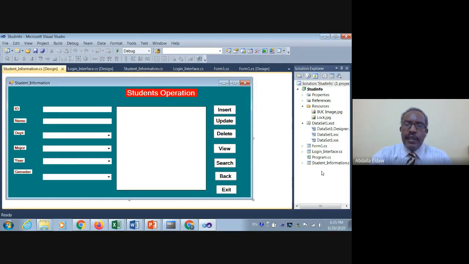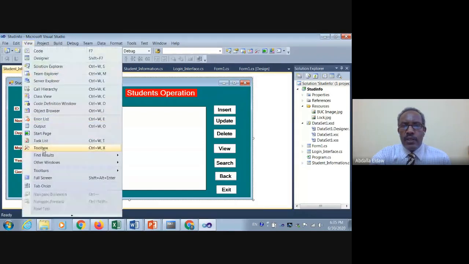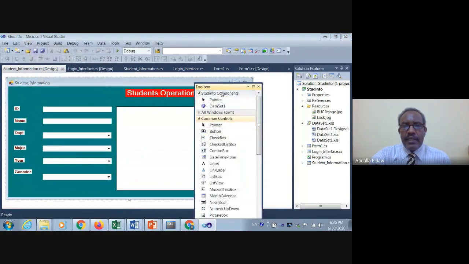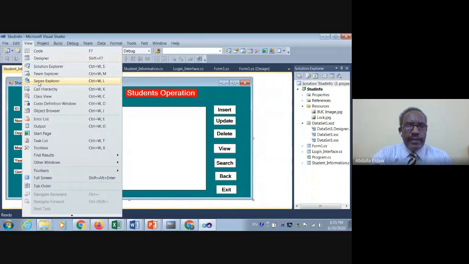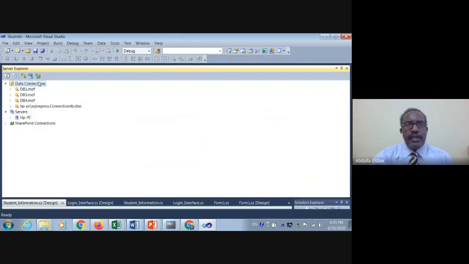The second is the toolbox. This is the toolbox. Also, in the first lecture, we learned how to use this box. No need today. The third is Server Explorer. To create a connection, first open Server Explorer. This is the Server Explorer, and from Data Connections, right click,